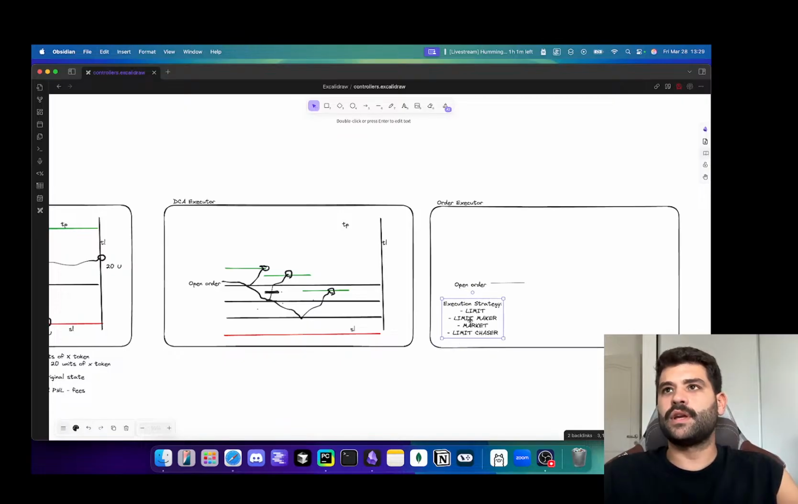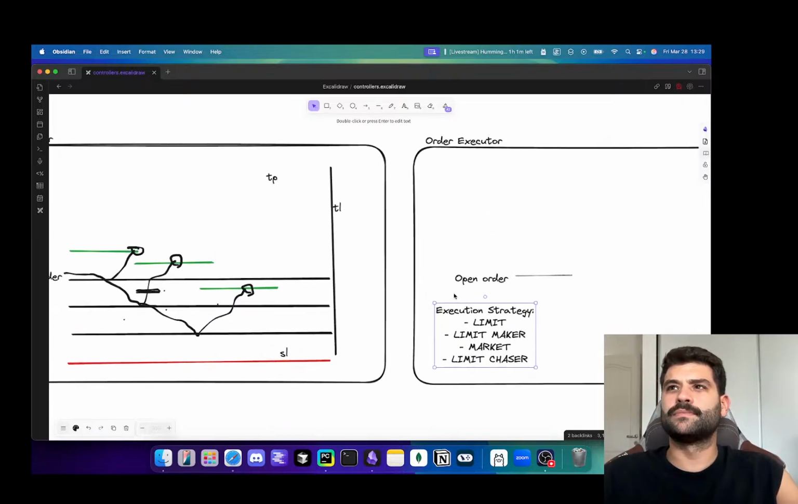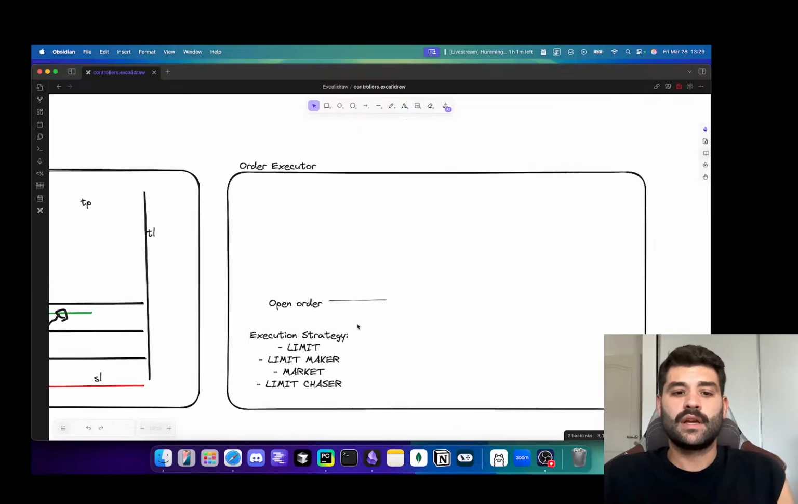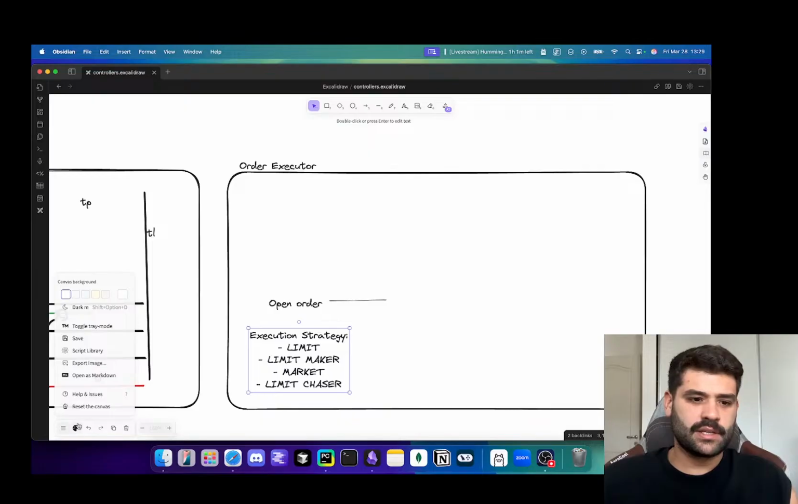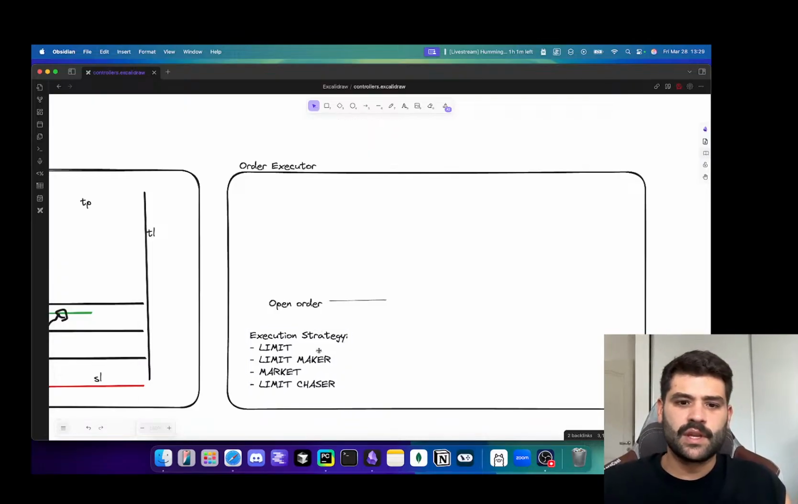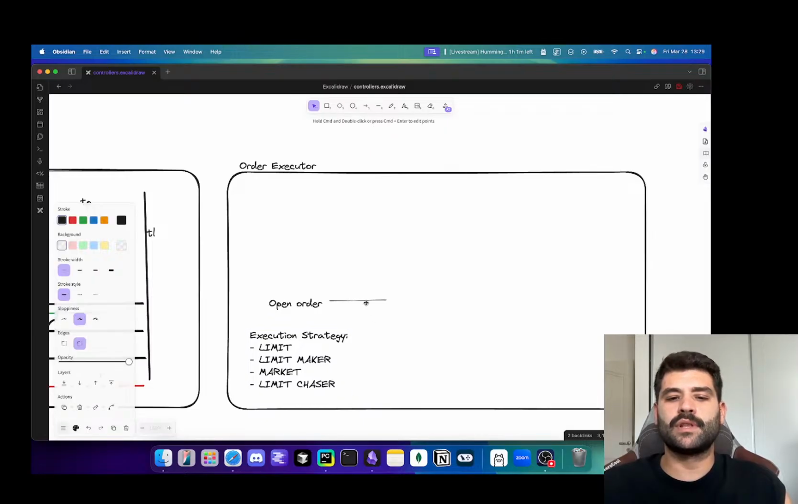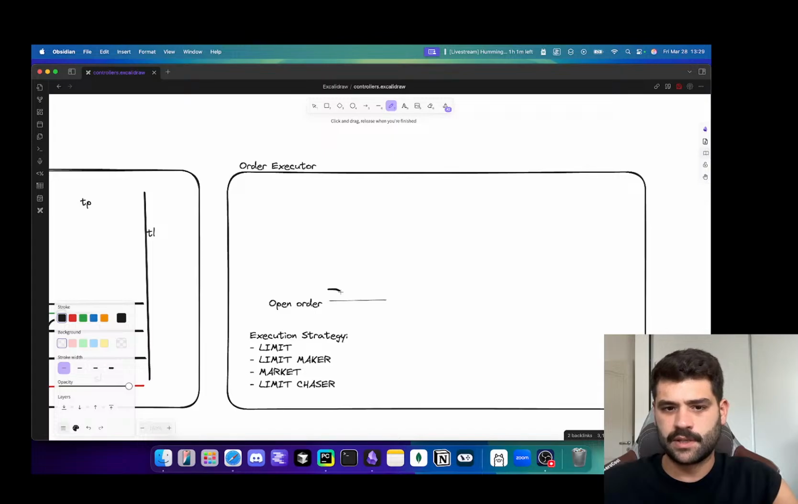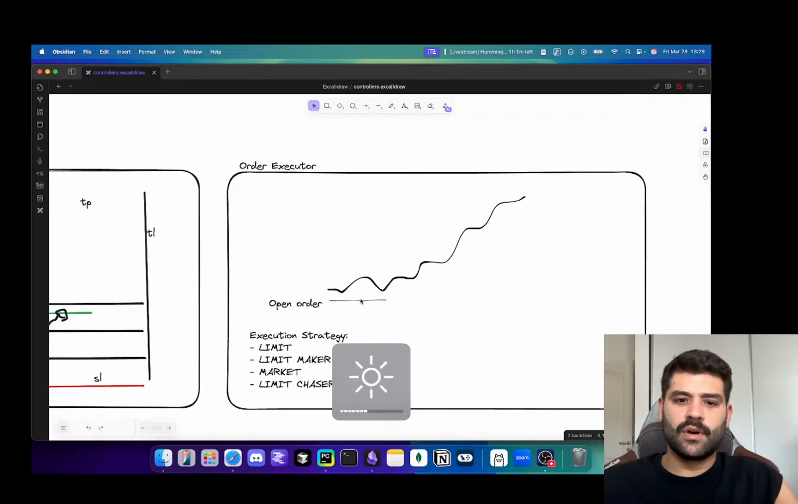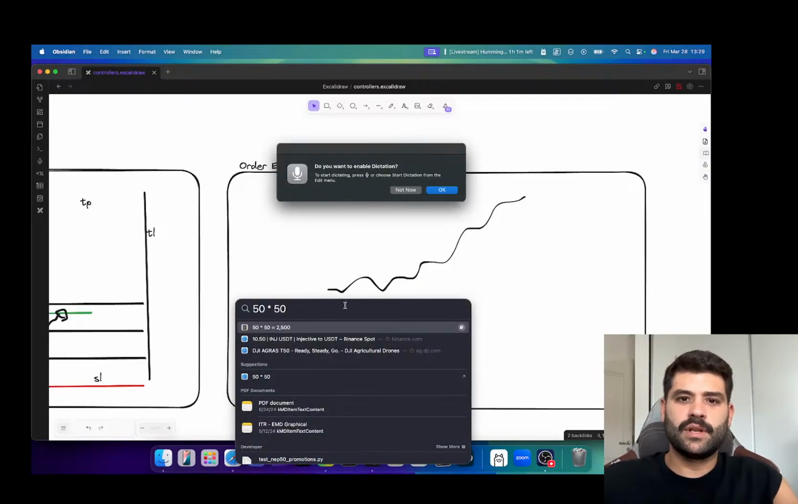These are the four execution strategies that are available. Limit, you have to, let's say that this is the mid price. Let's put it like this, this is the mid price, and put like this. So if you're executing limit, you will